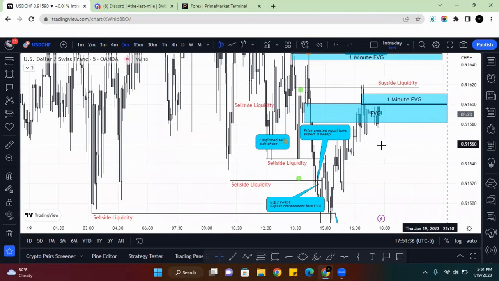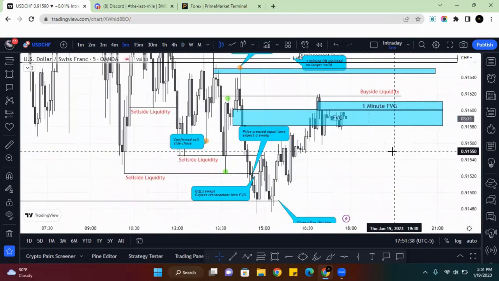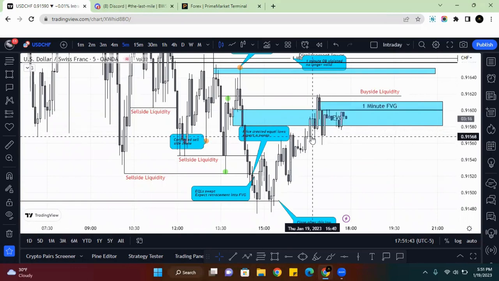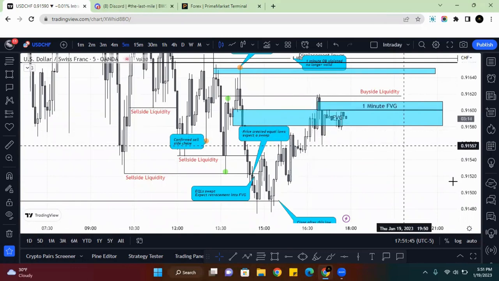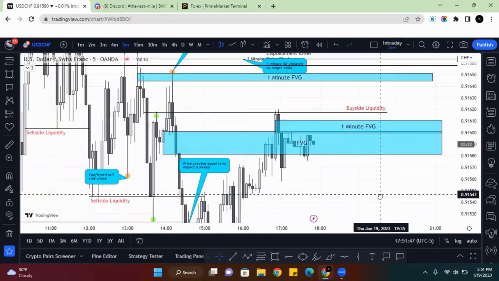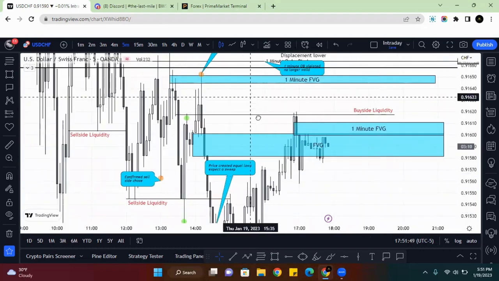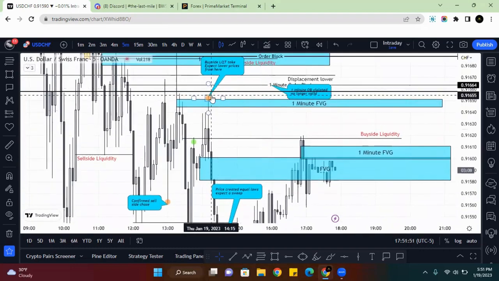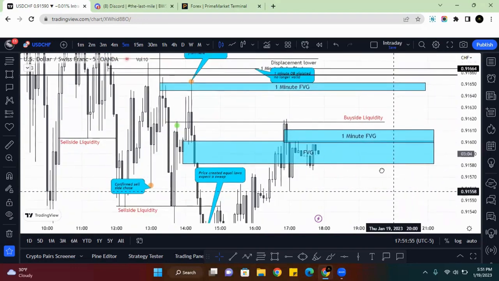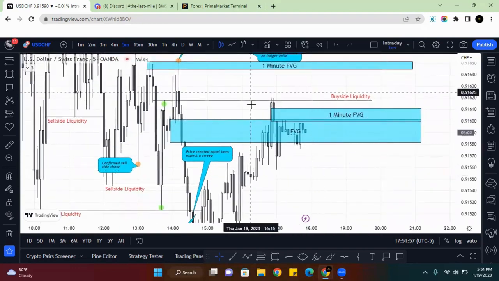But this was 4% potential profit, right? As the volatility returns to the market, these types of trades will get better, where I'll be able to close 4-8%, which is 2 entries, just following liquidity, right? So my second entry was after this 1 minute fair value gap was mitigated, and I let price drop basically and go from there, right?